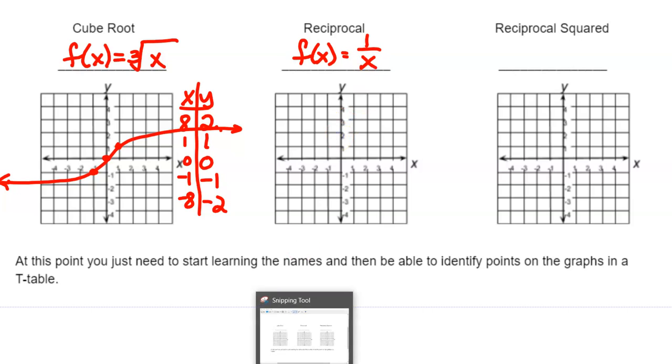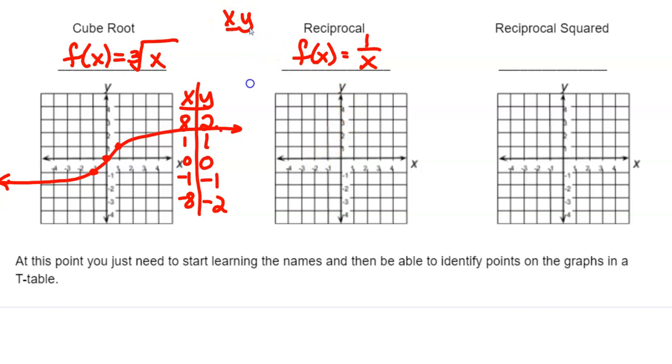Second to the last one is the reciprocal. We have f of x is equal to 1 over x. And if I were to plot some points, I'm going to do it up here because I kind of run out of room next to that graph on the left. Now I'm going to strategically start with -2, -1, then I'm going to throw in -1/2, 0, 1/2, 1,